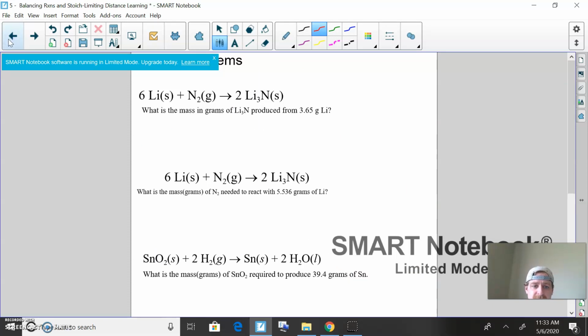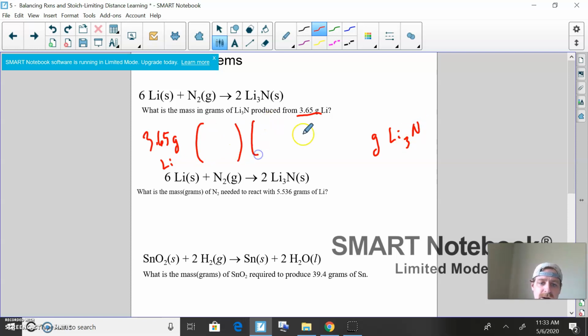If you were to do it without brackets already set up for you, the hard way would be, okay, well, if I'm given 3.65 grams of lithium, I want to find the grams of Li3N. All right, it's the same thing every time. Okay, grams go on the bottom here, 1 mole up top, 1 mole is going to be here, grams here of this substance. All right, so grams of lithium,